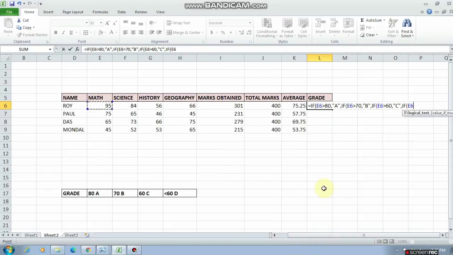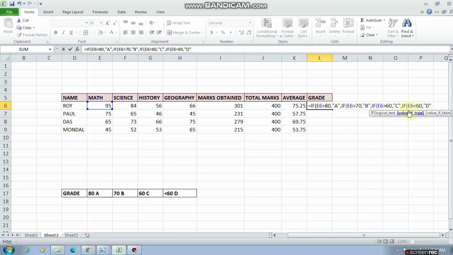And now the twist comes: previously it was greater than 80, greater than 70, greater than 60, giving grades A, B, C. But in the last case it is given that if the number is less than 60, then the grade will be D. So in the last case, after clicking 95, we give the less than sign and write 60, then give a comma and write D within double inverted commas, and then close all the brackets which we have opened earlier.